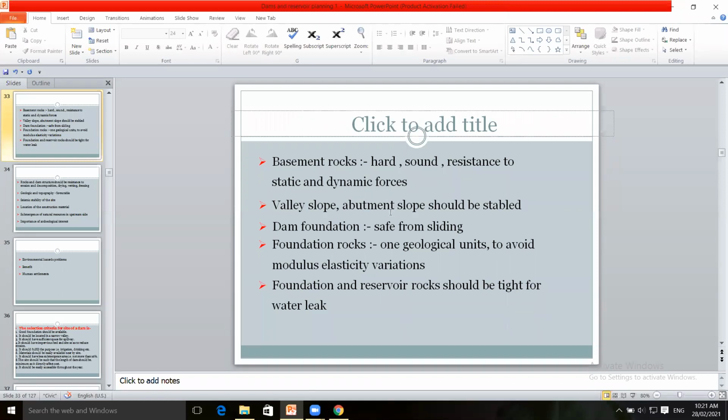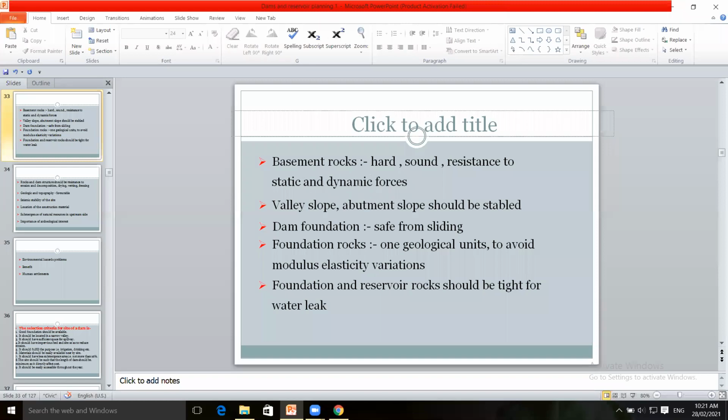It should be strong. If the basement is weak, then an earthen dam is constructed. An earthen dam is constructed on a foundation which will not bear much load.